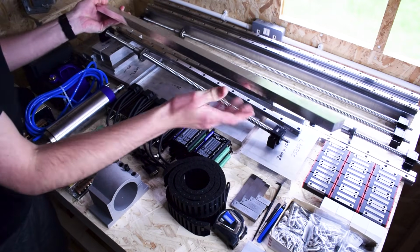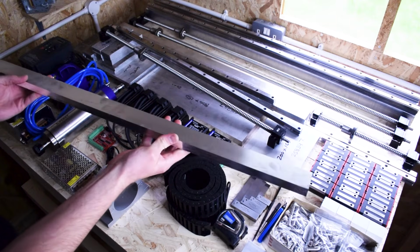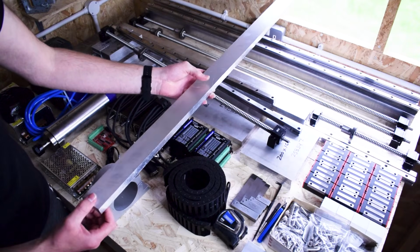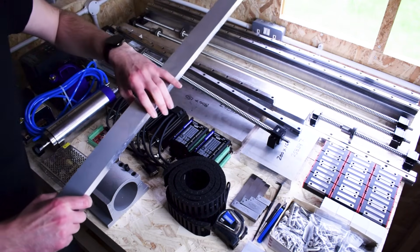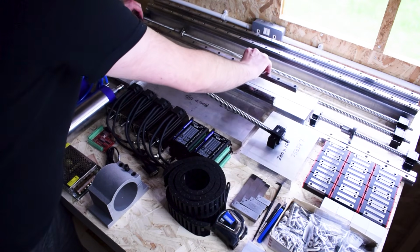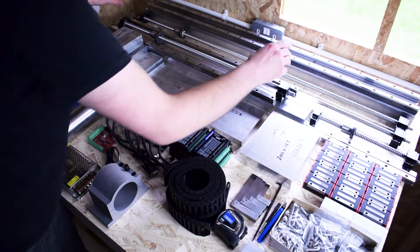So there we go. I don't know how well you can see that, but this stuff is nice and thick, and the idea is they'll run this way. 6 in total, and these will be bolted from the underneath up into these larger Y-axis pieces. And again, there's a lot of drilling and tapping involved here, so I'm going to have to be extremely accurate, but it does save having to